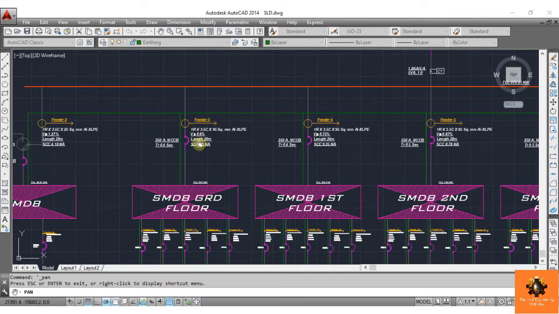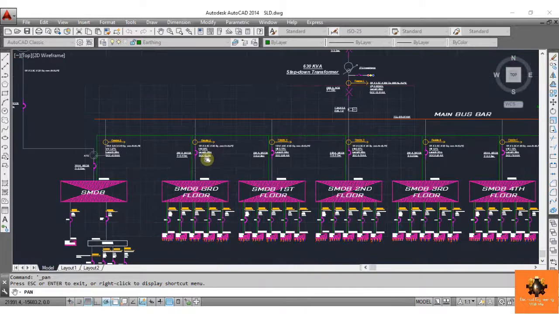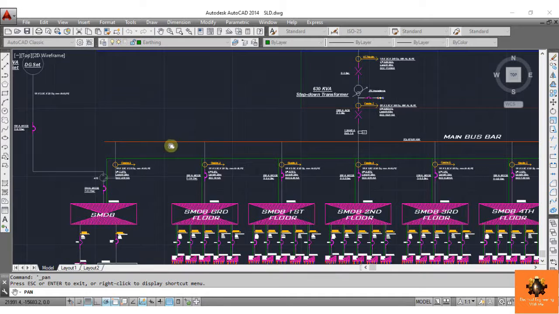So in this part, everything is same for all the floors except the short circuit current and voltage drop values. So about the short circuit current we will discuss later. Okay. And as I told you, all these floors are same. So I will explain just for ground floor and rest will be the same. Okay. But before that, come to here. Let's suppose the main distribution board is installed in the parking area, or you can say installed in a basement of a building. Then this SMDB is installed at ground floor.